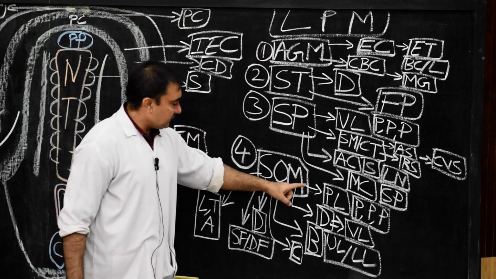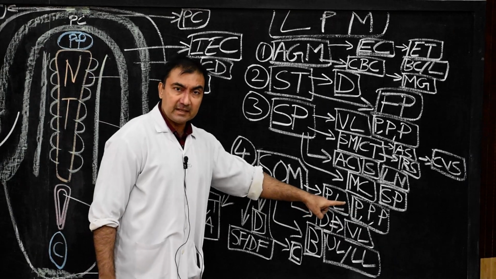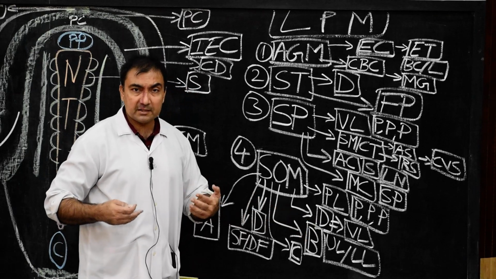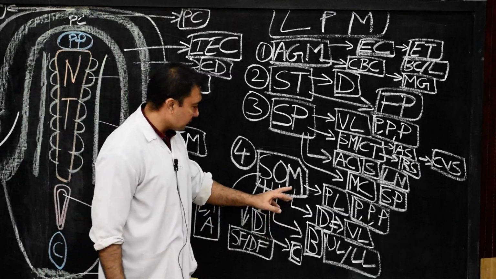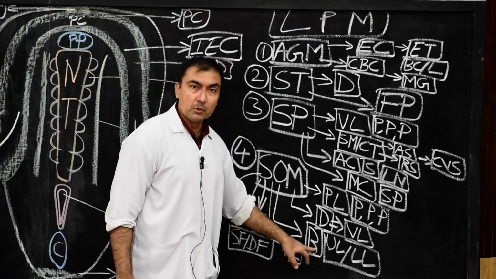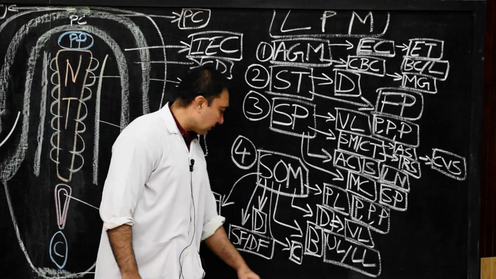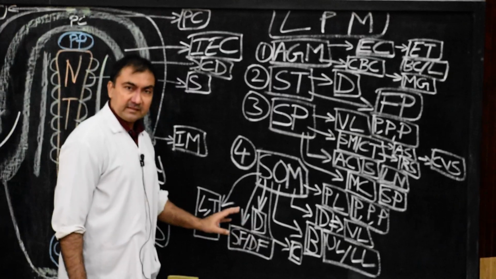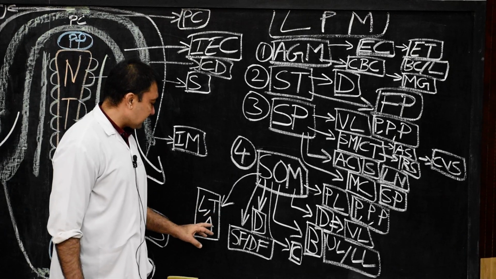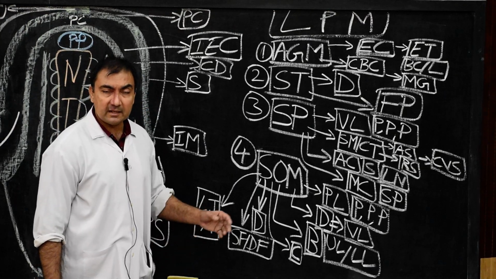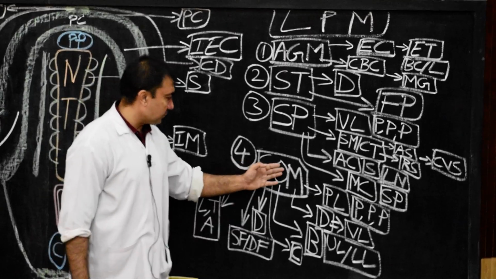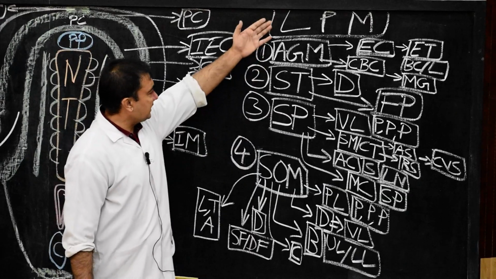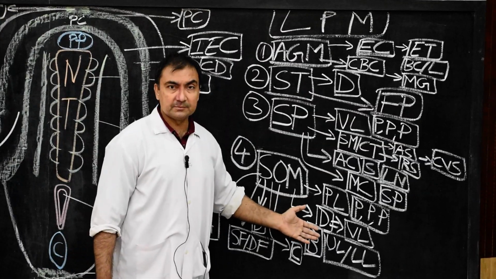So the most important point will be the parietal linings of the three cavities. Second will be the dermis, that is, the dermis of the ventrolateral portion of the body wall. Third will be the derivative of the bones, the entire bones of upper and lower limb, and these are the remaining points: superficial fascia, deep fascia, etc. You need to understand the ligaments, tendons and aponeurosis, and the cartilages which will develop from the somatopleuric layer of lateral plate mesoderm. So here we finish the entire lateral plate mesoderm, its derivatives.